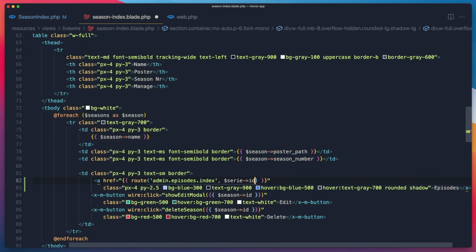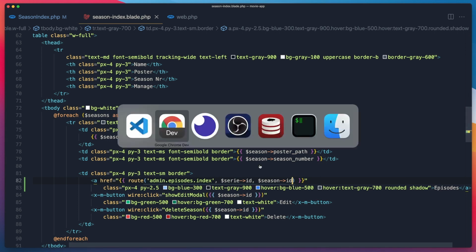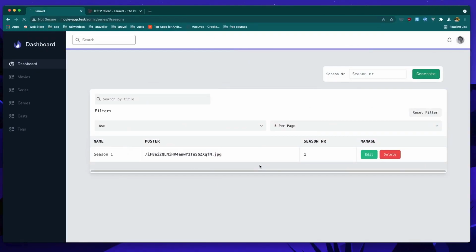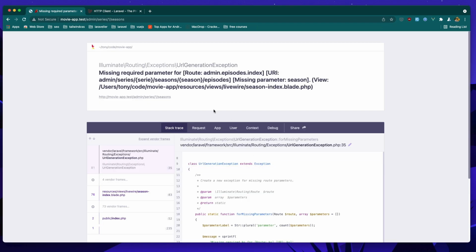So here we have the series ID and the season ID, and hit save. Okay, come here and refresh, and admin episode index